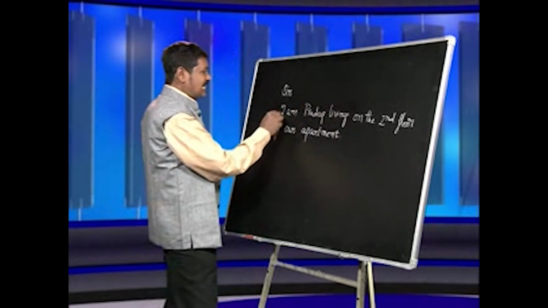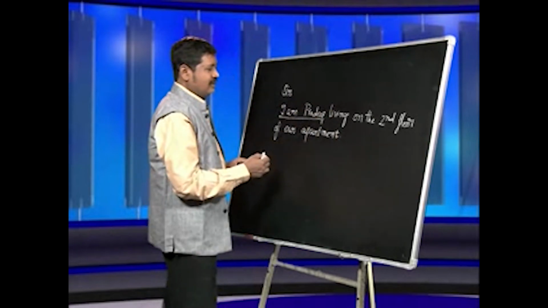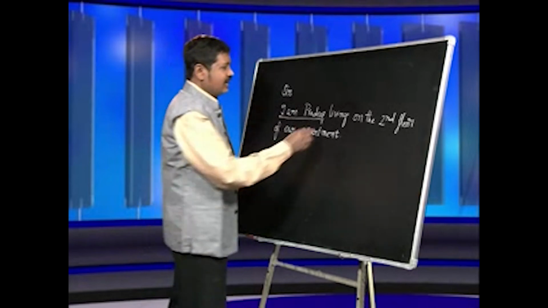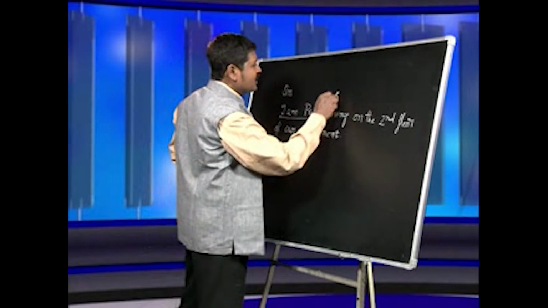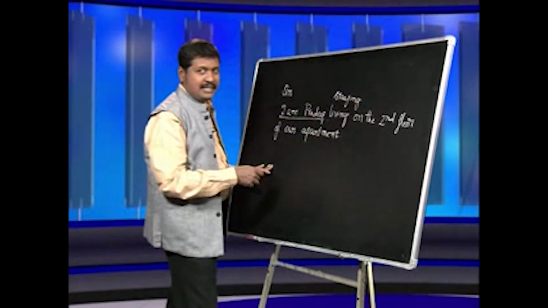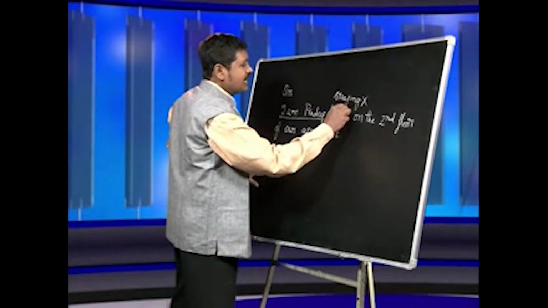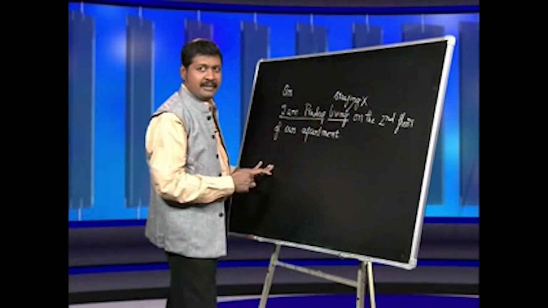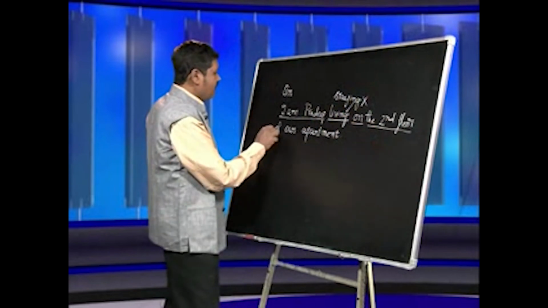Remember, the tenant is introducing himself by saying, I am Pradeep. I am one of the residents. Living, remember, never use the word staying. Staying is always for a temporary stay. It is never for permanent stay. He is the resident of the apartment, so don't use the word staying, use the word living. Living where? On the second floor of our apartment.